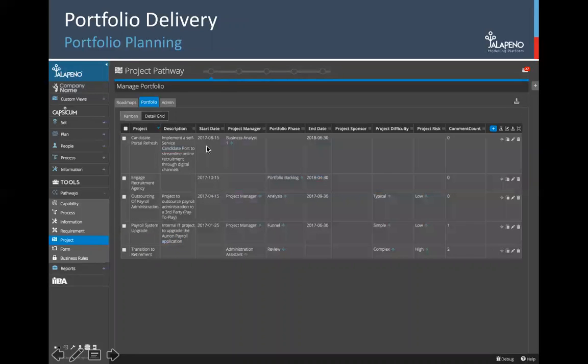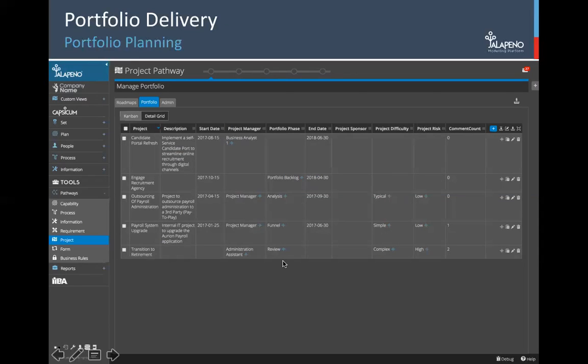You might want to look at that in a grid, or actually even output this to Excel. So it's one of the things about Jalapeno: it's extremely easy to get content in and out of the tool. This view, which looks very much like a spreadsheet, acts very much like a spreadsheet. You can drill into any of these nodes and edit anything in this view. You can remove a row, you can add a new row, or through these icons over here, you can download this to Excel, or even upload from Excel if you had an Excel sheet where you're keeping the sort of information you wanted to bring into Jalapeno,